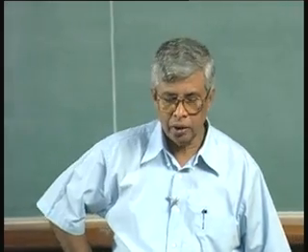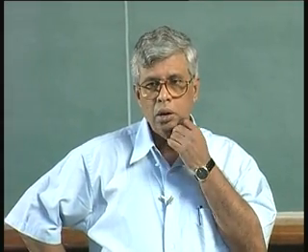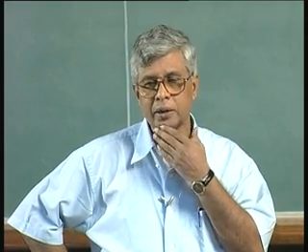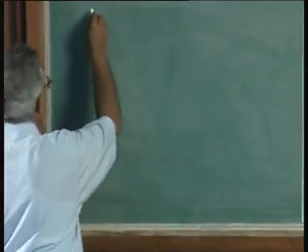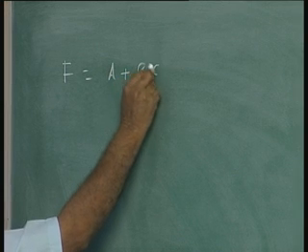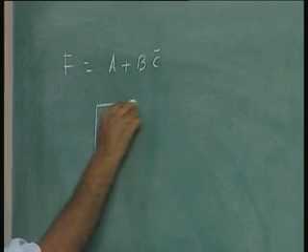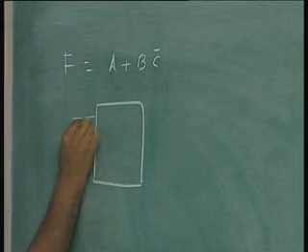In the last lecture we talked about logic functions and truth tables and how they can be implemented using gates. We took a simple example of a function f, which, if I remember, was a or b and not c. That means we said there is a digital system or a circuit, whatever we call it, with 3 inputs a, b, c,